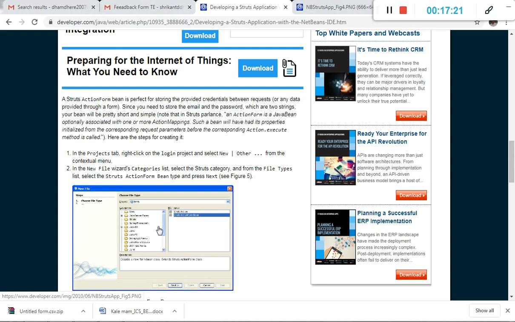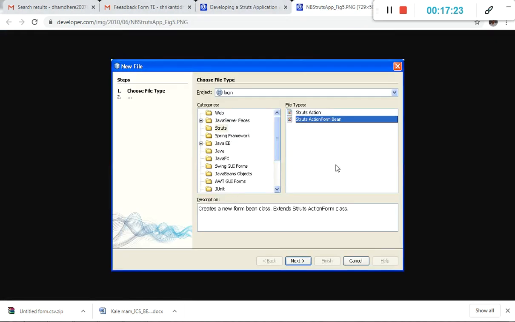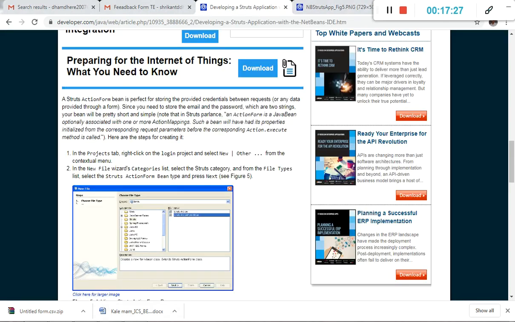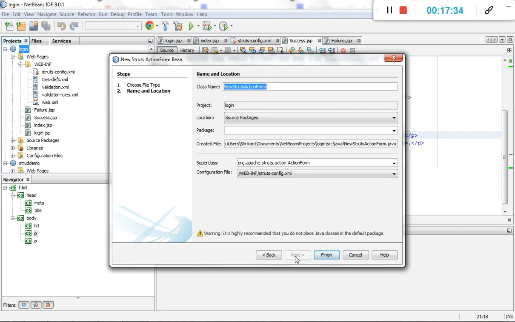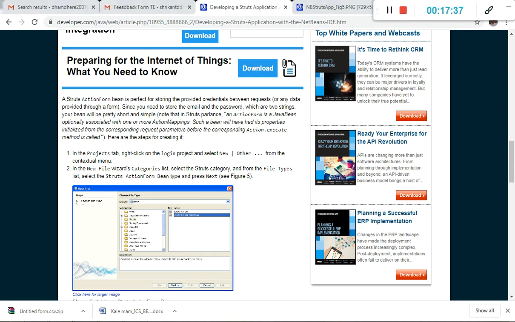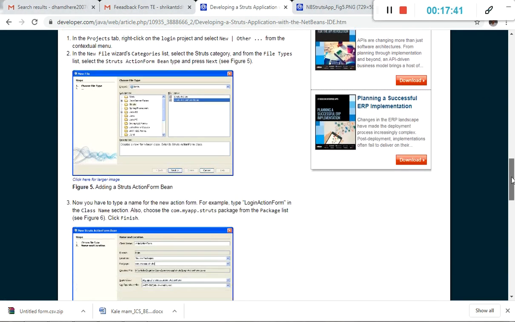If you see this, it's selecting Struts action form bean, right? We want to select the Struts action form bean and click on next, right? Then after that, select the Struts action form bean.